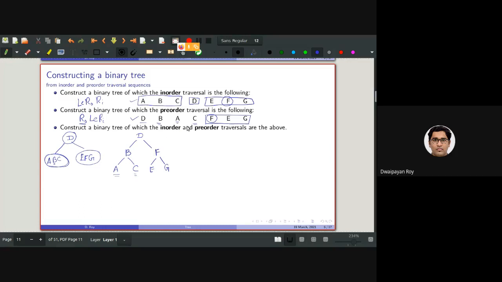Now, let me ask whether this is a unique binary tree, or whether I will be able to get another different binary tree from these two sequences of traversals. I think it will be unique because we can always recursively identify the root, left subtree and right subtree. Absolutely, so this will be unique. So given one in-order and pre-order traversal, we will be able to construct the corresponding tree in a unique way. So this is true. Okay, let's go ahead.